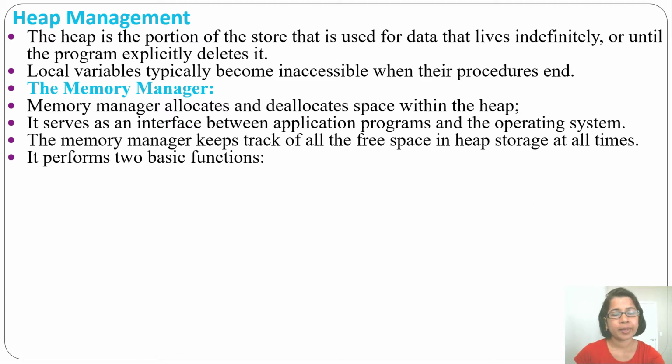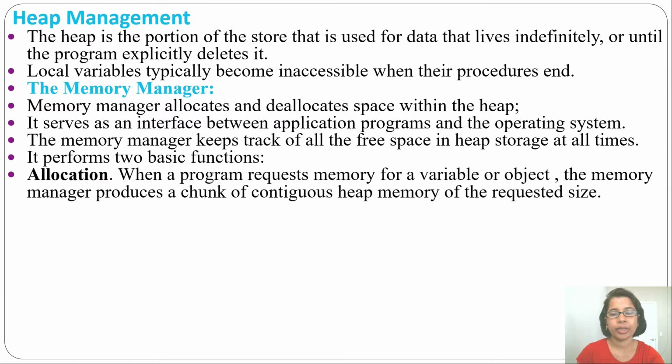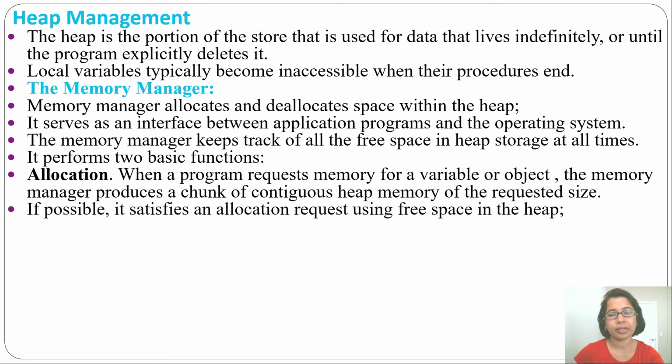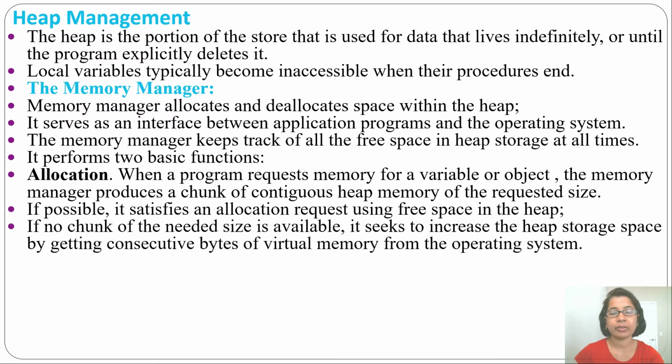It performs two basic functions. First is allocation, second is deallocation. For each allocation, when a program requests memory for a variable or object, the memory manager produces a chunk of contiguous heap memory of the requested size. If that is available, it will satisfy the request. If it is not available, then it will increase the heap storage by getting some consecutive bytes of virtual memory